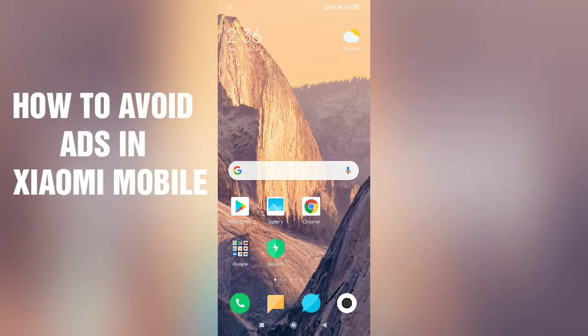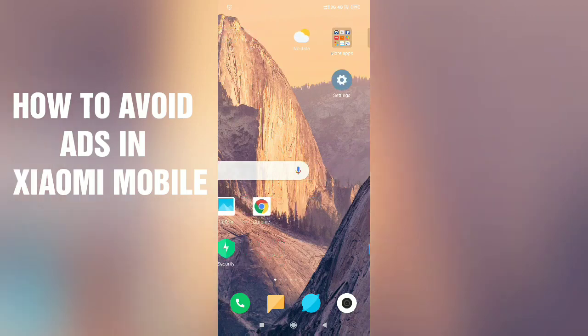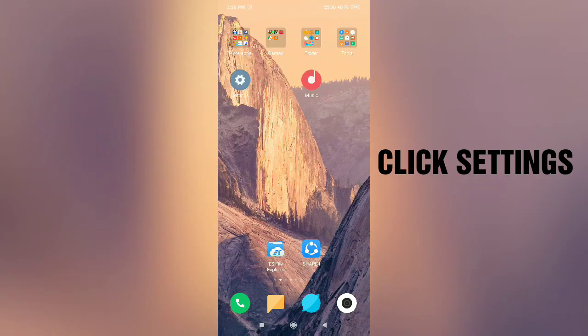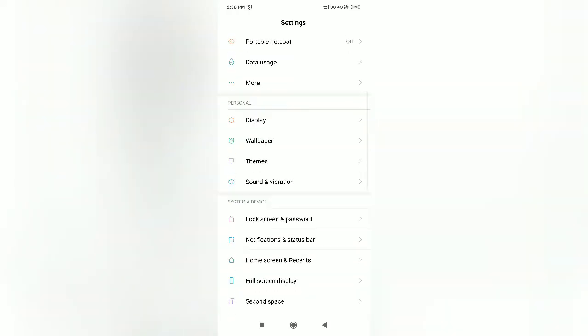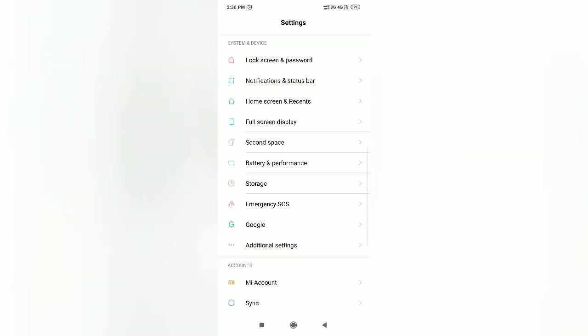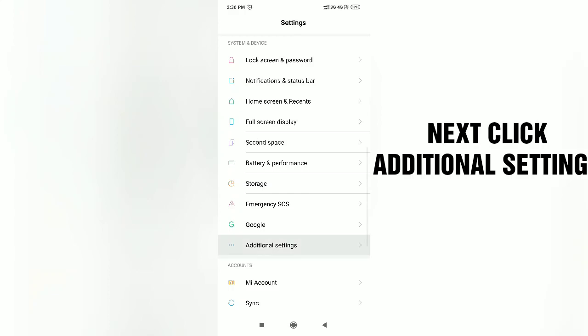Now let's see how to avoid ads by using a simple thing. First of all, go to settings. In this, slightly scroll down, you can see the advanced settings, not additional settings. Click it, this one. Click it,